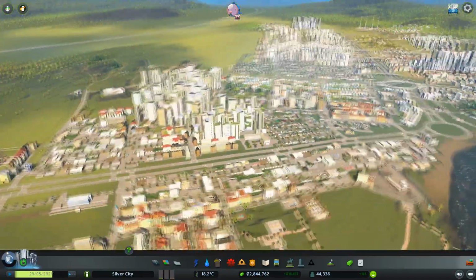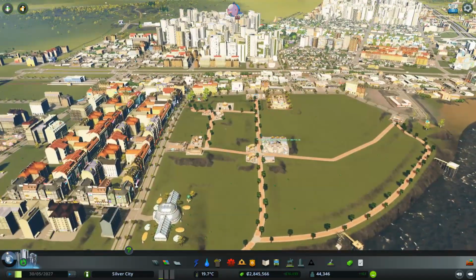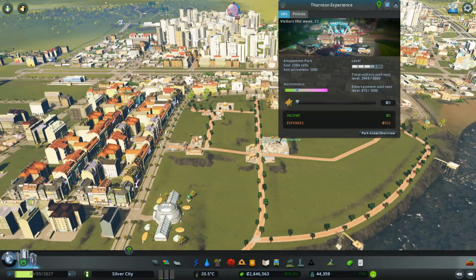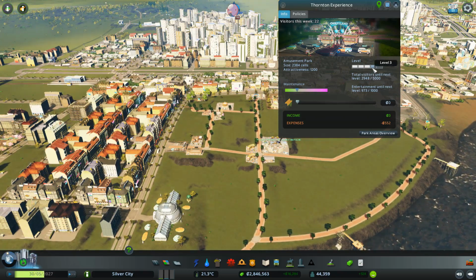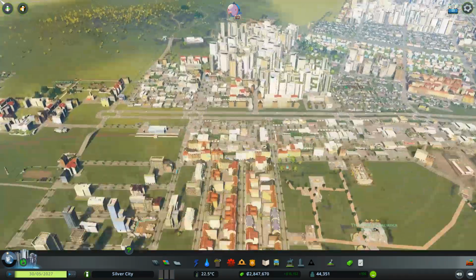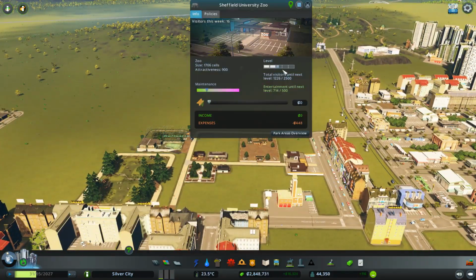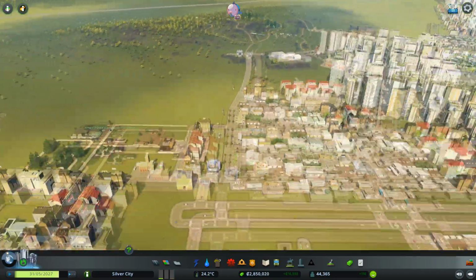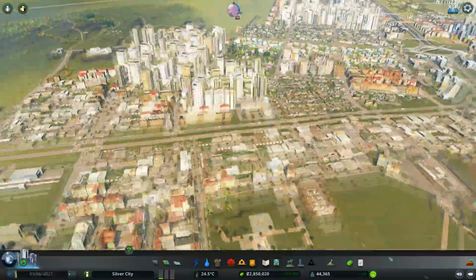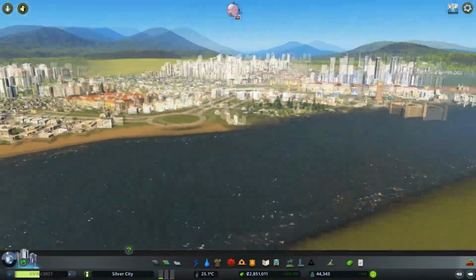This is a short let's play to have a look at the new Parklife DLC, and we've made good progress with our parks. You can see this is actually on the way to level 4, and our zoo over here is quite small at the moment and self-contained, and that is on the way to level 3. And off camera I've done a little bit of work. I've taken away the bridge that I built over here